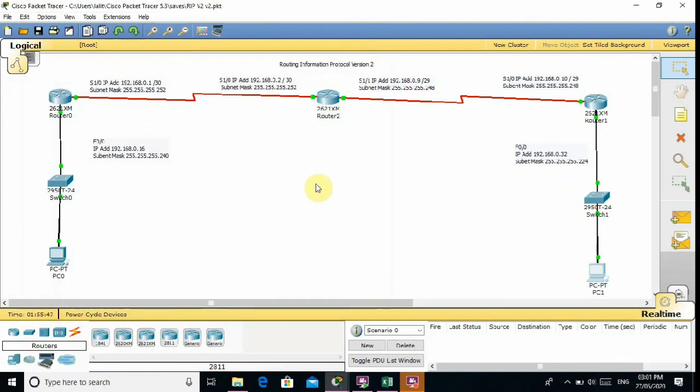This configuration is done and everywhere pinging works, so we can understand this configuration is done.